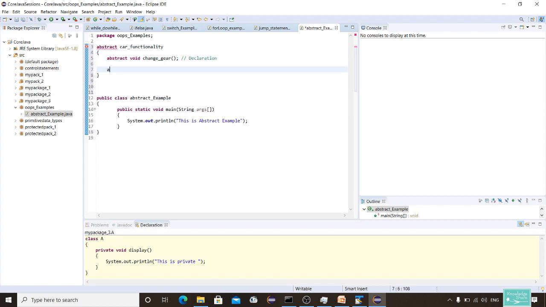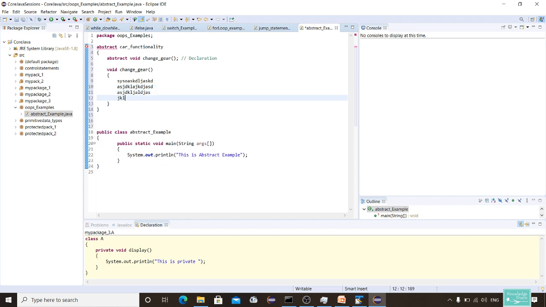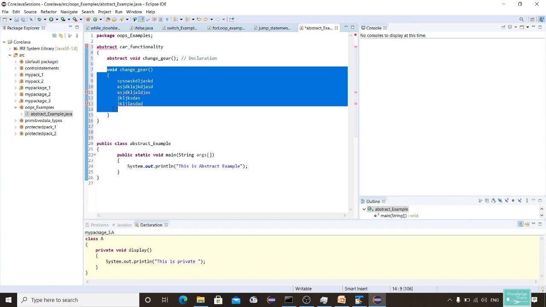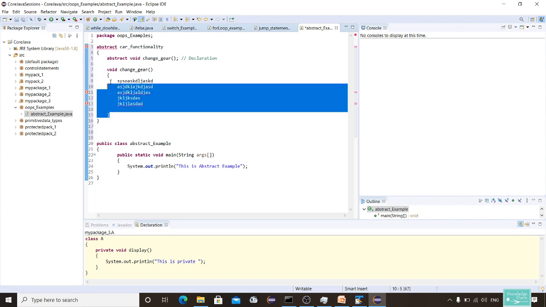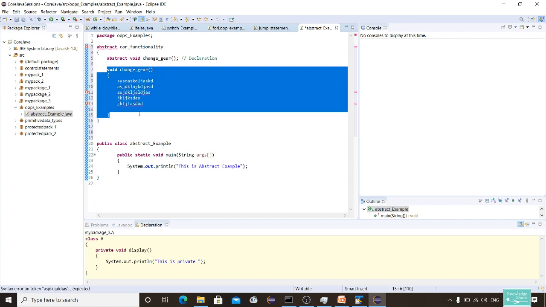What is meant by implementation? I'll just show you an example. See, change gear, and if you write some code here, which is the actual functionality, then this is called an implementation or a definition. But if you don't have any implementation and you are just declaring void change gear with a function call, then it's a declaration.